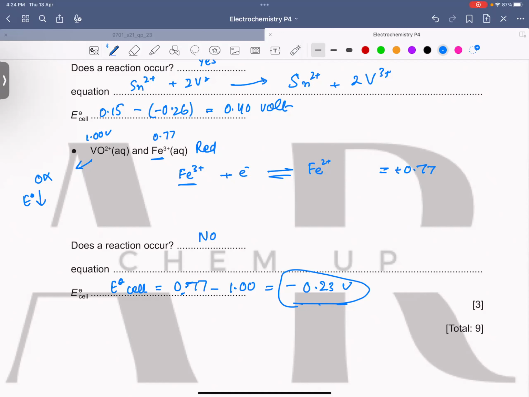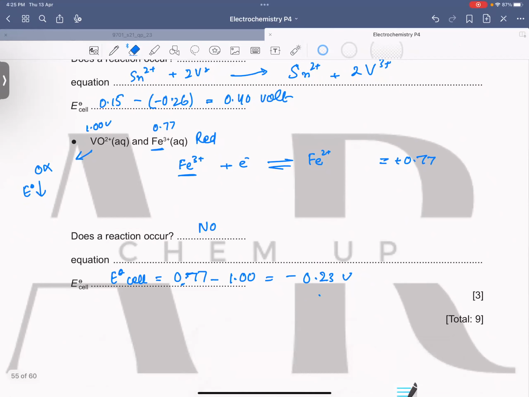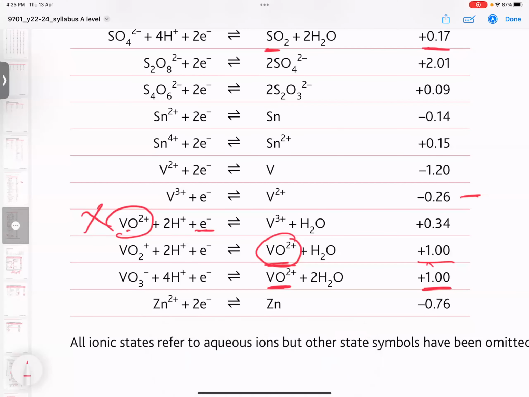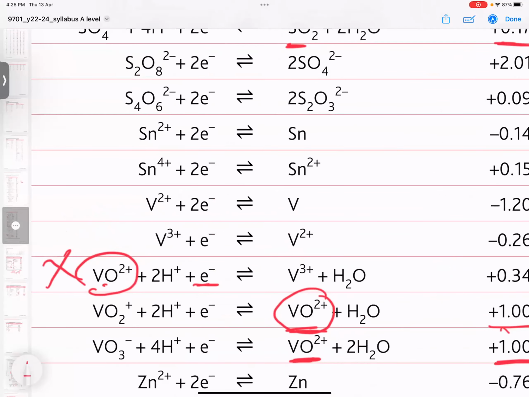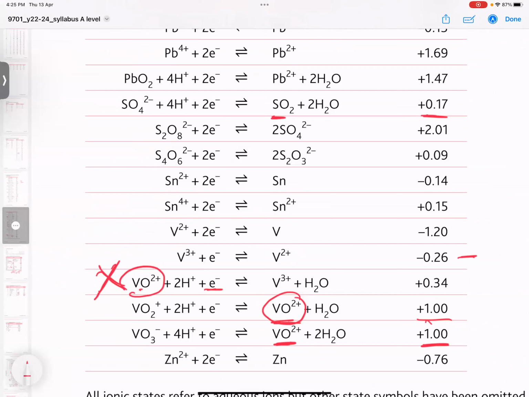सर मुझे इसमें कंफ्यूजन है कि VO2 पर ये दूसरी वाली इक्वेशन क्यों यूज करी है? कौन सी वाली? जिसमें E नॉट 0 है। हमने ये वाली यूज नहीं की और इन दोनों में से कोई भी यूज कर सकते हैं। सर वो वाली क्यों नहीं यूज कर सकते? वो वाली इसलिए यूज नहीं कर सकते,